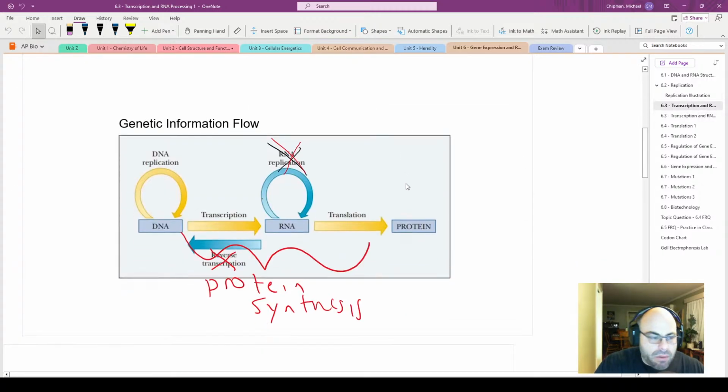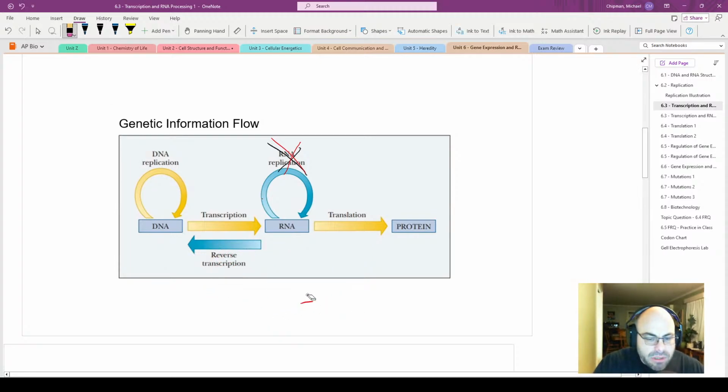Let's talk about this picture. It's perfect for that, actually. So first of all, big ideas for transcription translation is